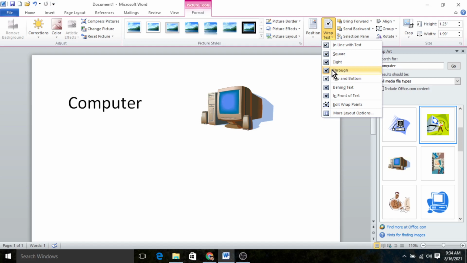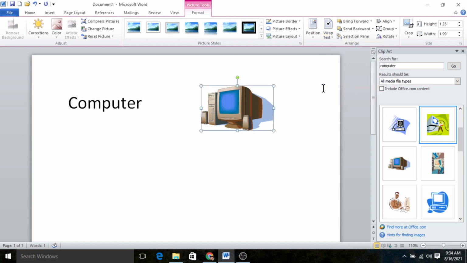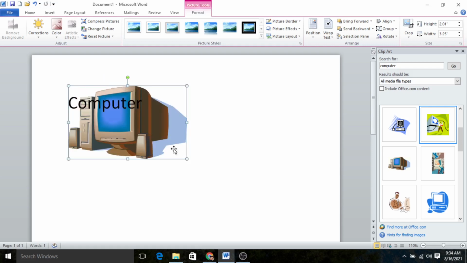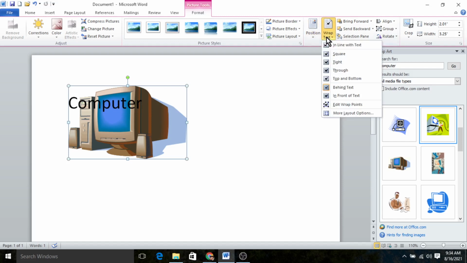The next option is Behind Text, which means the image will go behind the text. See, the text is over the picture, so this picture will not disturb the text. You can use any one option which you require.